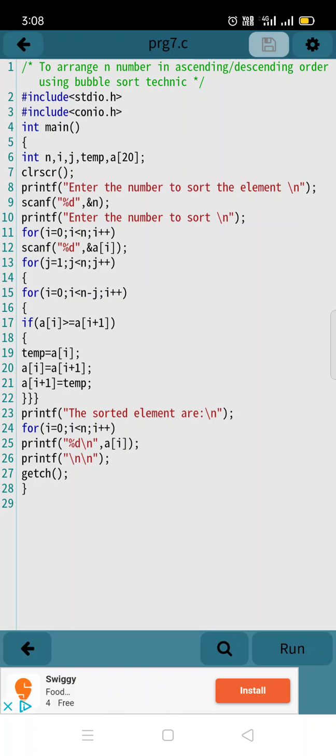So we are taking here the printf function: the sorted elements are, the elements are going to be displayed. Again you have to take a for loop here. If you do not take a for loop here, only one element of the array, that is the first element, is going to be displayed. If you take a for loop here, then all the array elements are going to be displayed.